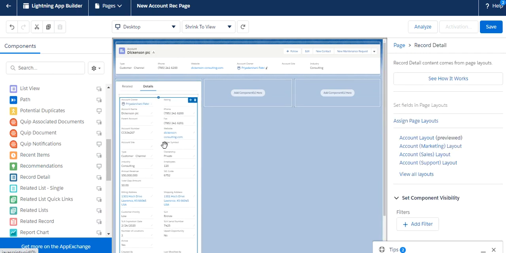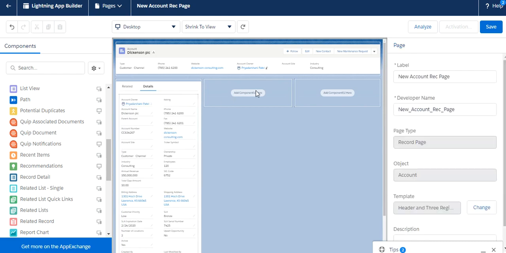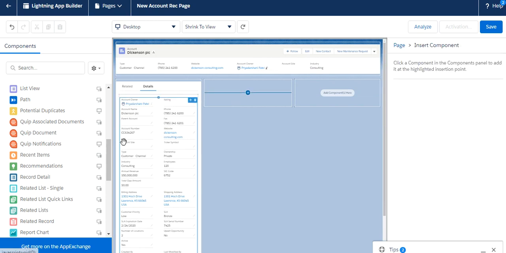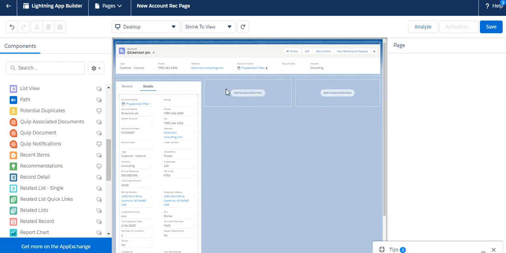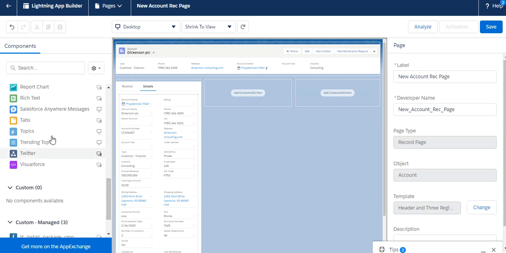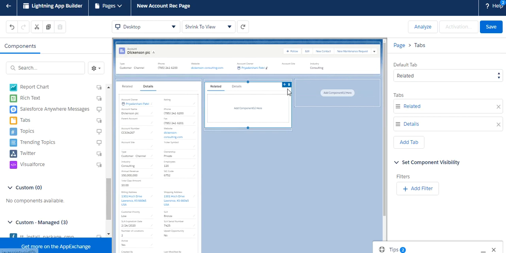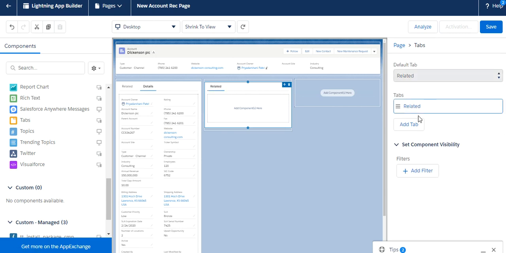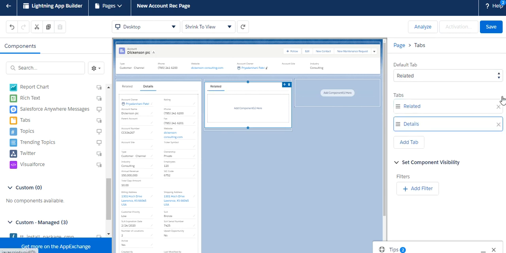So we added the related list and details, and in this section I want to add some more tabs. So let's add some tab here. Okay, we can remove the tab from here and add another tab.